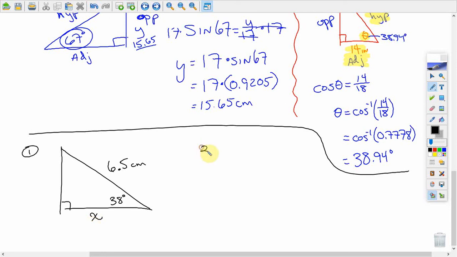And then in your second problem, we're going to have you solve for an angle. Another right triangle. You're going to solve for theta this time. And we're going to have sides of 7.2 and 4.6. And both of those will be in centimeters. So give me x, give me